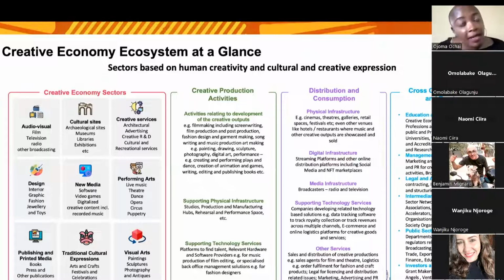You need to know the public sector activities. What are the regulations that relate to your sector? And these regulations are not always from the Ministry of Culture. Sometimes it might be from the Ministry of Justice as it relates to copyright and intellectual property in some countries. Sometimes it might be related to trade as it relates to exports. So you need to do a lot of research to understand the public sector context for your sector in your country.